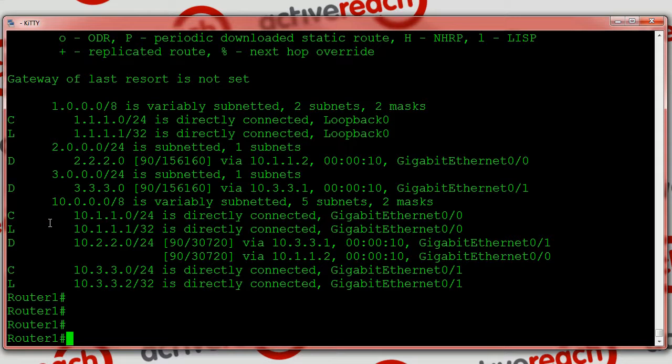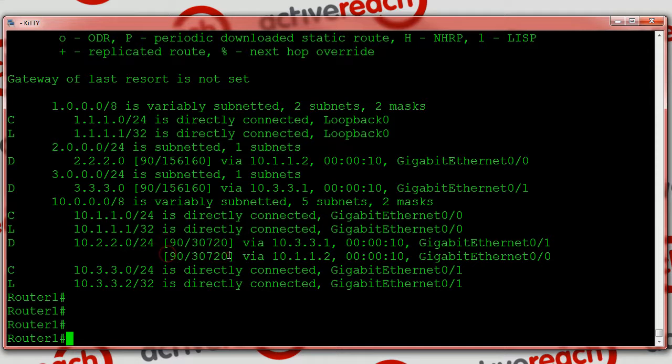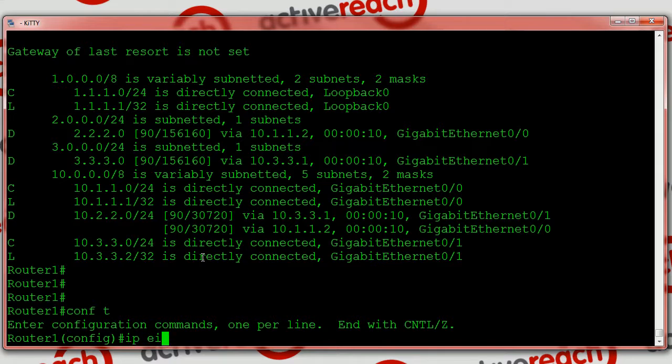So you can see here you've got this path to this IP with equal cost. And like I said, EIGRP will load balance on an equal cost path. The other cool thing about EIGRP is you can have unequal load balancing. So if you have two paths with an unequal cost, you can actually set up different variants within the EIGRP configuration. If you have a look here,